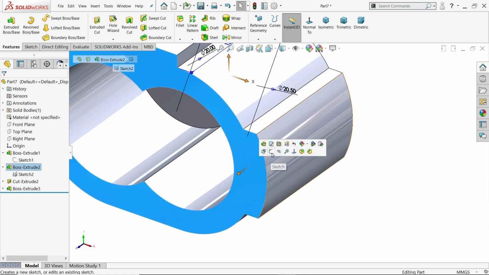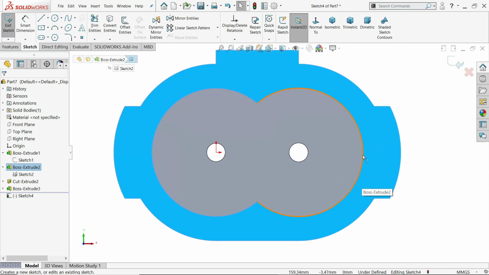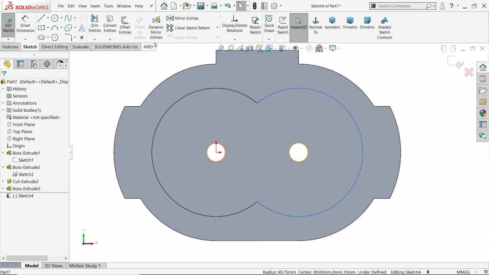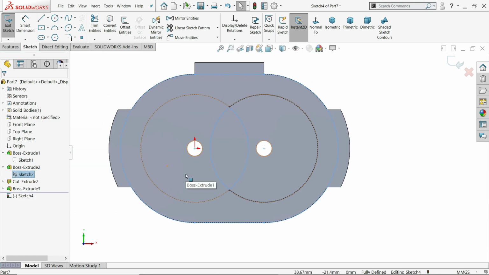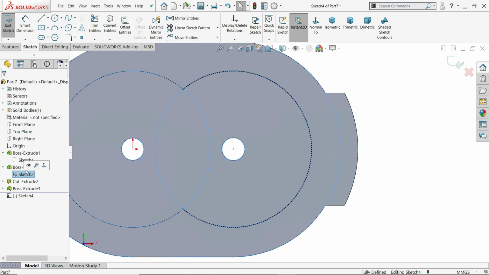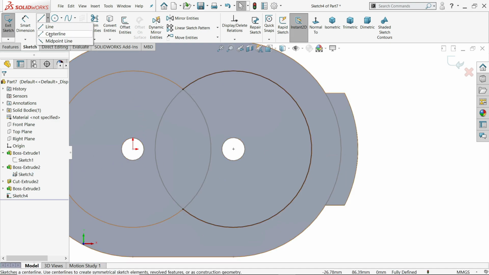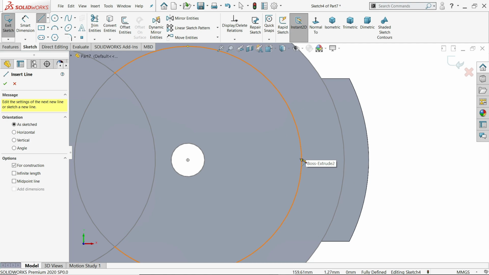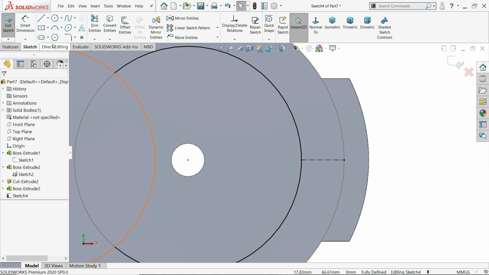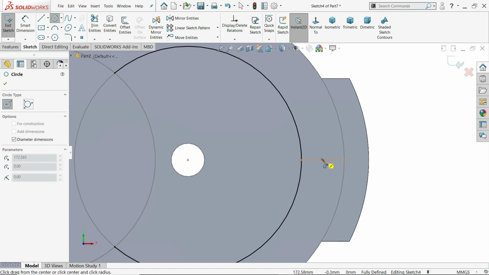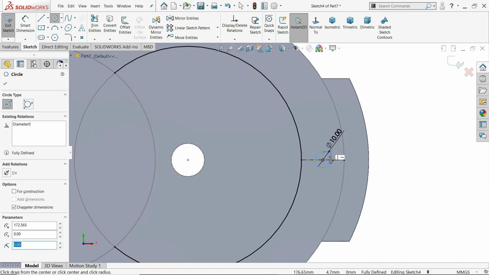Now let me choose this sketch. Now I'll select this one, convert entity, show center line, 10mm.